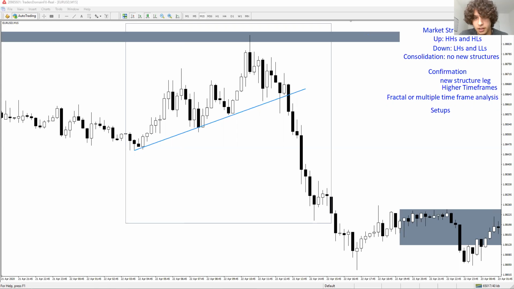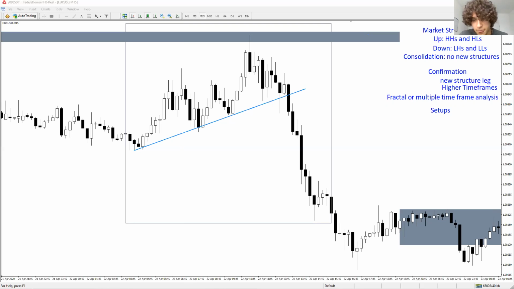This would be like our textbook setup. Price would come, make a high, higher low, and it fills the range. It fills the range. But in this case, price didn't fill the range. It actually closed below, right? And it closed down, then it closed down, and then actually it broke this low